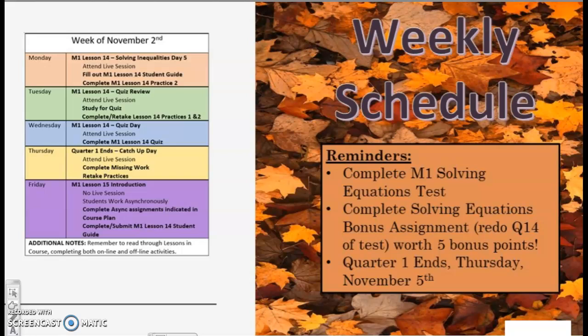Tomorrow will be a quiz day. You'll have time in class to take the quiz, although it will be open later this afternoon on Tuesday. I don't recommend that you take the quiz if you have questions about these review questions or are unable to answer them. Okay, you want to check and make sure that you answered them correctly and that you completed Lesson 14 Practices 1 and 2 and earned B's or higher before you take the Lesson 14 quiz. Okay, so you have time for it tomorrow. There's no rush, and don't take it today unless you're sure you are ready to do so.